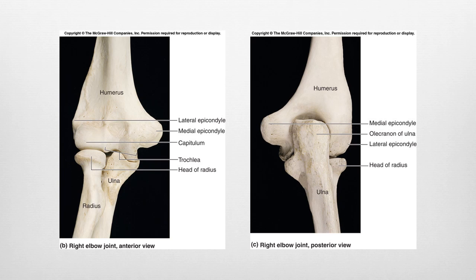So that articulation that we have at the elbow has the ulna, and has this portion of the ulna here going into that coronoid fossa. And so it's going to articulate into the coronoid fossa when we bend our elbow. So when we do elbow flexion, that's going to go into that little depression that's there. When we do elbow extension, this portion of the ulna here is going to go into the posterior depression,